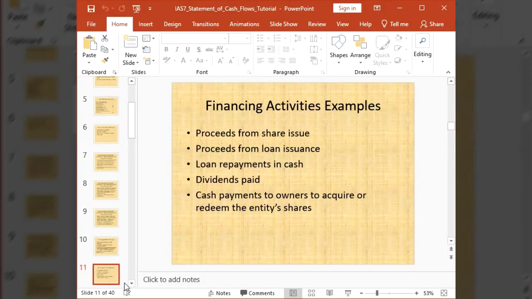Also, when a reporting entity issues loan notes or debt instruments to prospective shareholders, and these prospective shareholders subscribe to the debt instruments, the reporting entity receives cash, and that is also a form of cash inflow arising from financing activities. Let us note that it is very important that a reporting